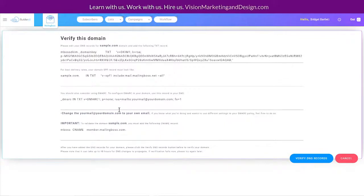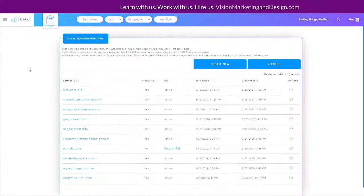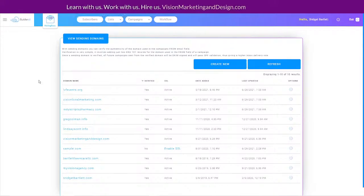Okay, so it does kind of get complicated, but most of the time you can contact the support, or I just always recommend, it's just easier. And this is another reason, again, like I was just talking about, why I love Builderall, because it just makes things super simple. So you want to make sure before you use your professional domain that it is verified, or your professional email, that your domain is verified, because you need to be able to send from your professional email